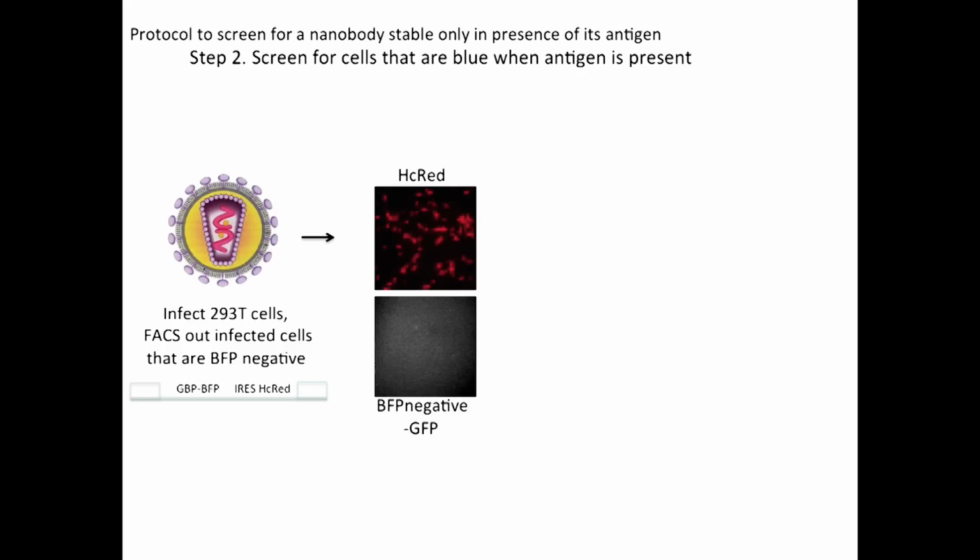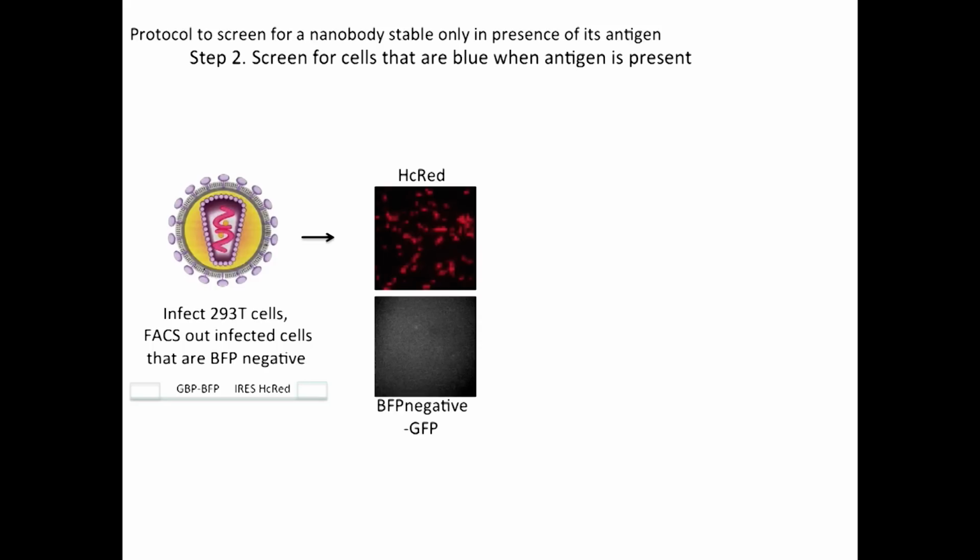So we infected cells, and then we FACSed out or isolated red cells. So now we know these are the infected cells. And we looked for the ones that were red but not blue. Okay, so that was the key. No blue fluorescent protein, that is, no fusion protein expression. Now that could be for a variety of problems, but we wanted cells that did not have the blue fluorescent